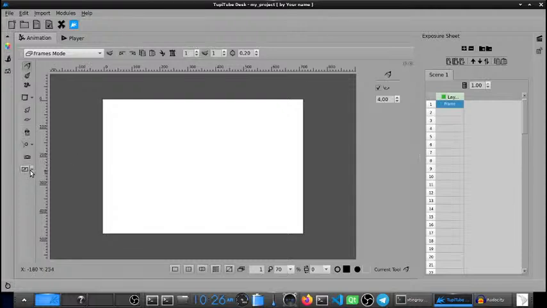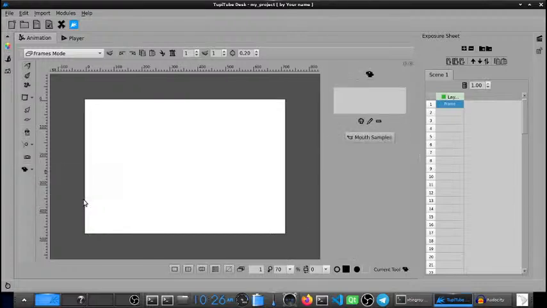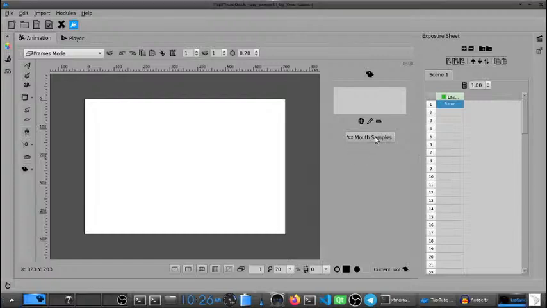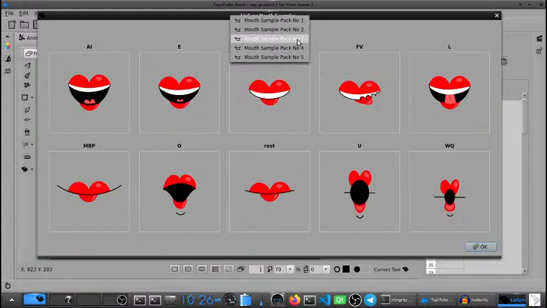To do that, we move to the same option we already mentioned before, the Papagayo lip sync files option. So let's open it. In this panel, we are going to have all the elements we need to work. The mouth samples is just a reference, so you can understand and study how lip sync works.